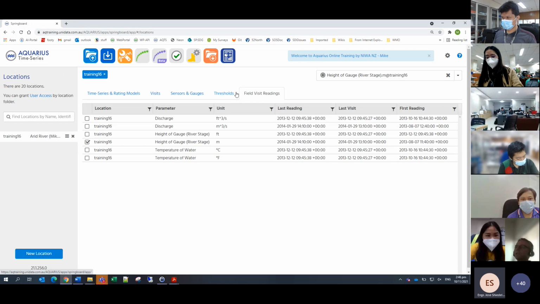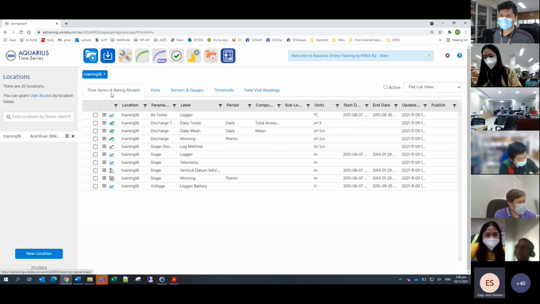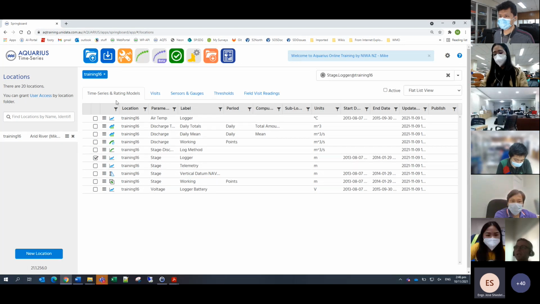And if we look at it, this view here gives us the view of our visit type information as time series. Back here, we've got the stage ones, the continuous records that we set up yesterday. And if we look at that now,